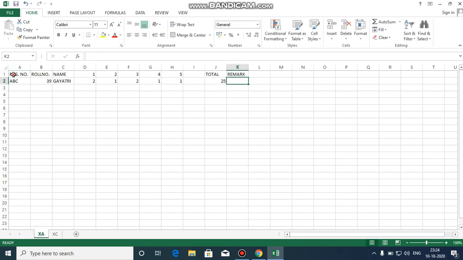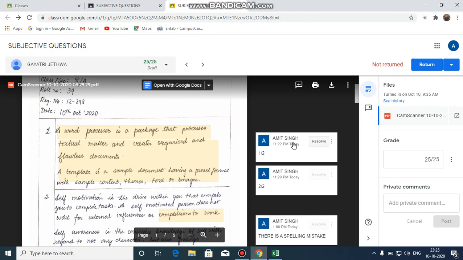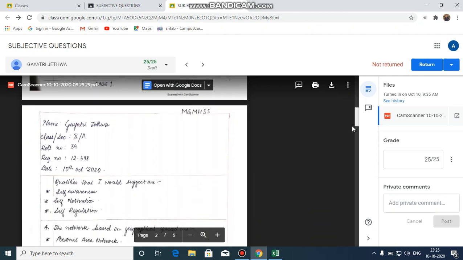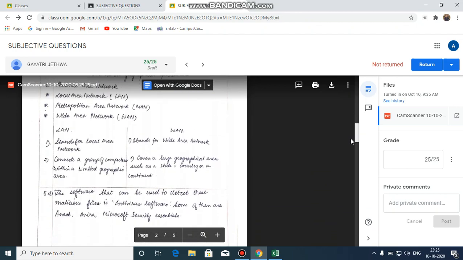Just copy these values because the questions will be the same for all those classes. Just copy it and paste it over here, and start writing the names of the students of this class, their roll number, their registration number, and individual marks, and finally calculate the total sum and give remarks, as well as again check and verify from this PDF or picture, whatever they have uploaded, that we have provided the actual marks for each and every question.